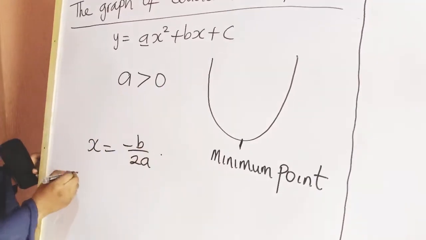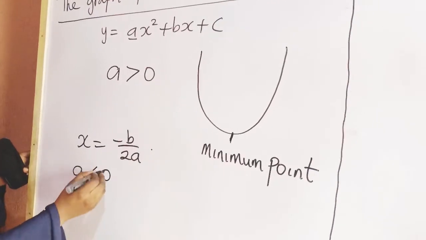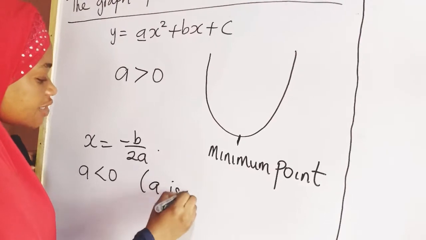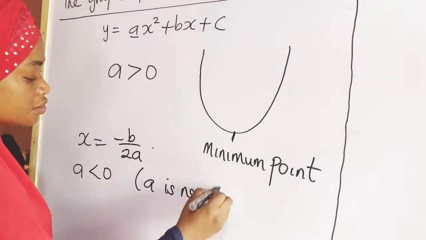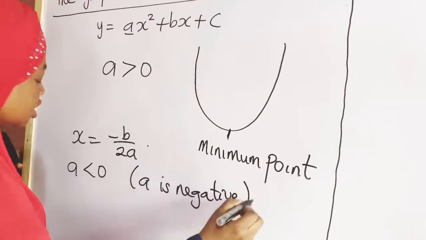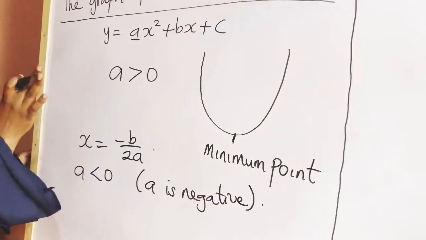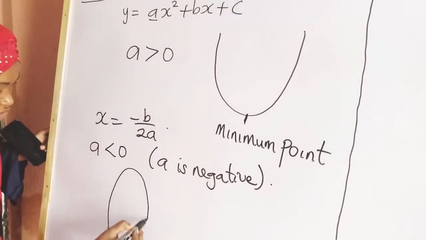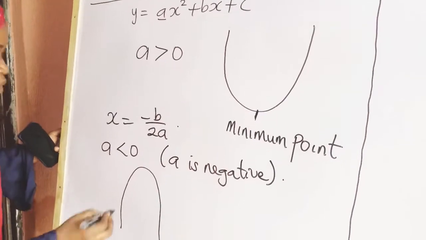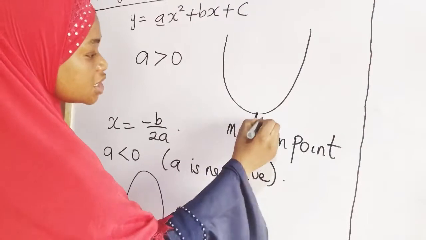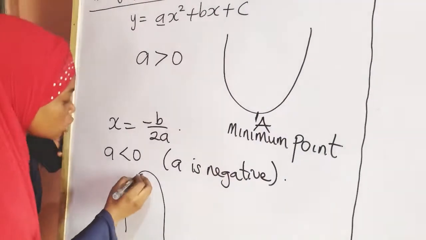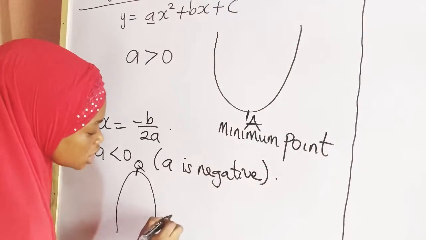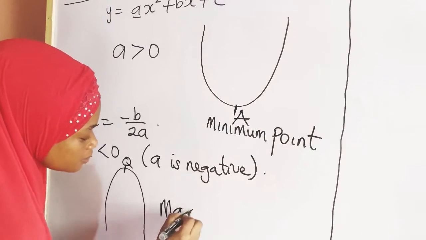So when a is less than 0, that is when a, the coefficient of x squared, is negative, the graph of that quadratic equation will look downward. The U shape will look downward. So let me call this one a. Let's call this point q. So the point q is called the maximum point,